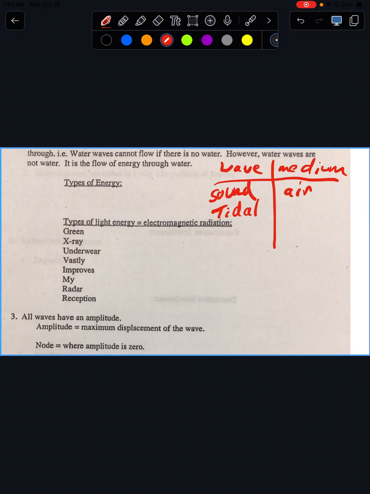What does a tidal wave travel through? Water. Wait, so if you talked in space, nothing will come out? Correct, because there's no air. But you'd also be dead, because if you took off your space helmet to talk, it'd be too cold and you'd freeze. Yes, Luke? How do radio waves travel through space then? So, we'll get to that, but I'm going to answer it right now anyhow. A radio wave is a form of light. It's not sound.